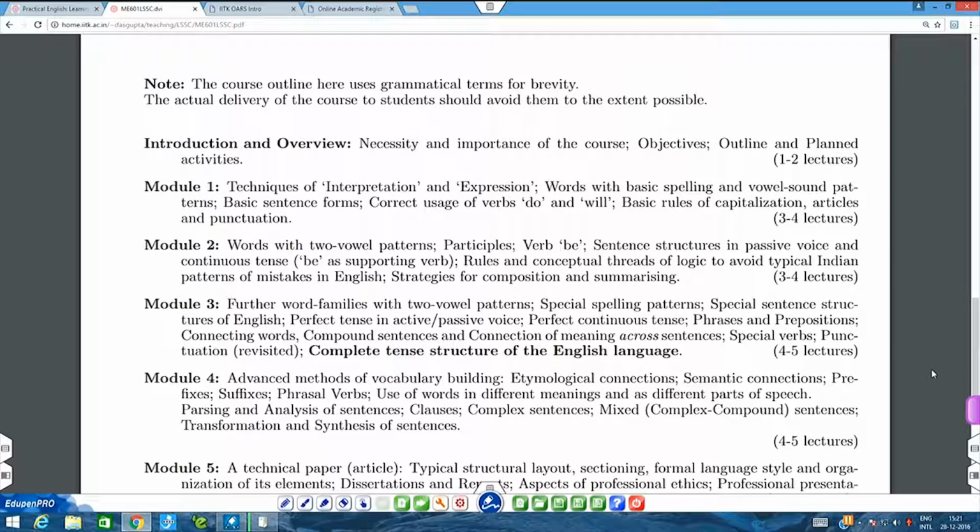And in modules 1, 2 and 3, there will be 3 module tests. So, these assignments and test assignments will be over all the 4 modules, and on these 3 modules there will be tests. And finally, after covering module 4 also on this side, and by the time other things also get covered from the later modules, we will have